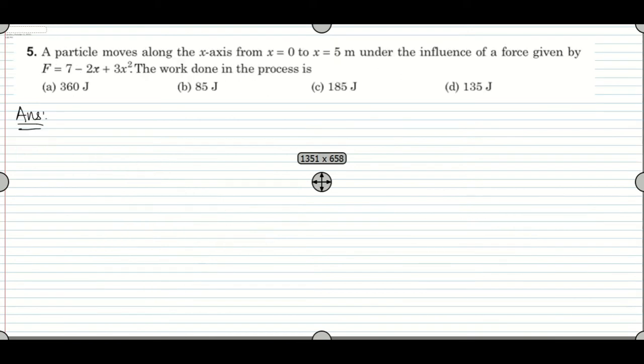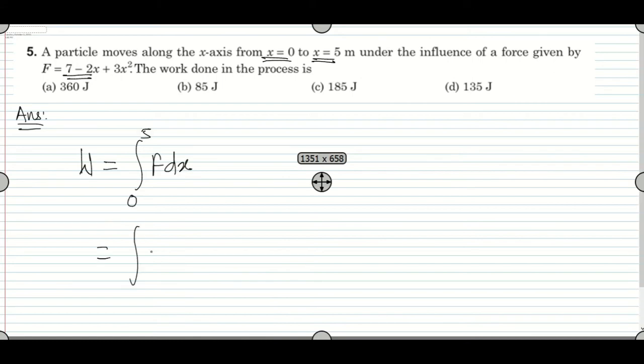Now the fifth one. A particle moves along the x-axis from x equal to 0 to x equal to 5 under the influence of a variable force given. Find the work done in the process. Whenever work is done by a variable force, you have to use this formula, integral of F dot dx, right? So from x equal to 0 to 5, put the F value: 7 minus 2x plus 3x squared,